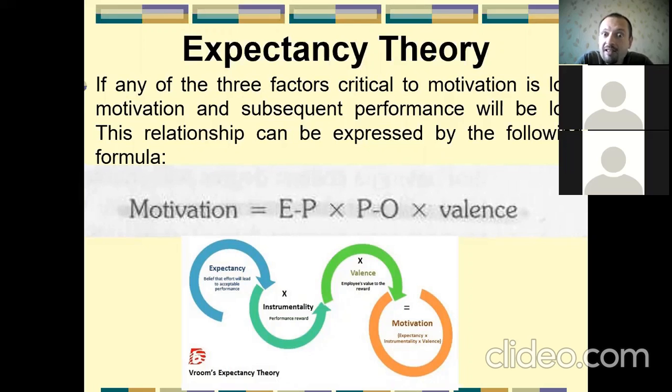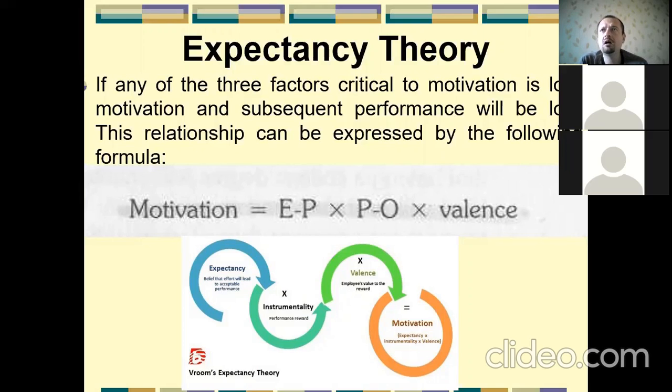Zero. Thank you, zero. So if, for example, the first component is equal to zero, if your subordinate doesn't think that it is even theoretically possible to complete some task, is it possible for you to motivate him or her with some big reward